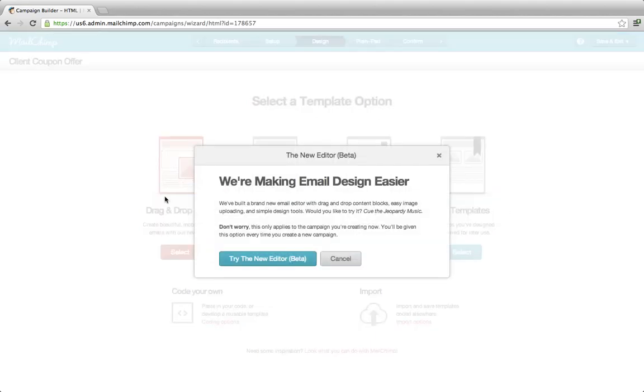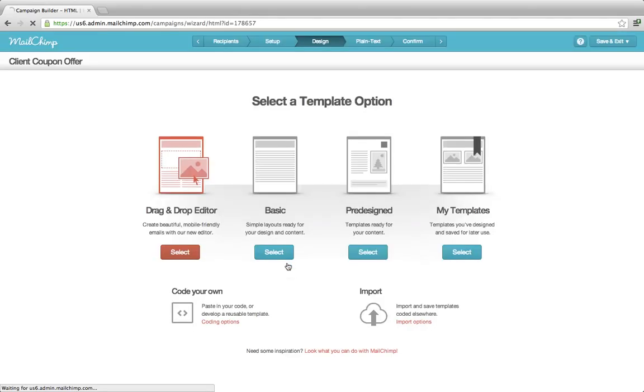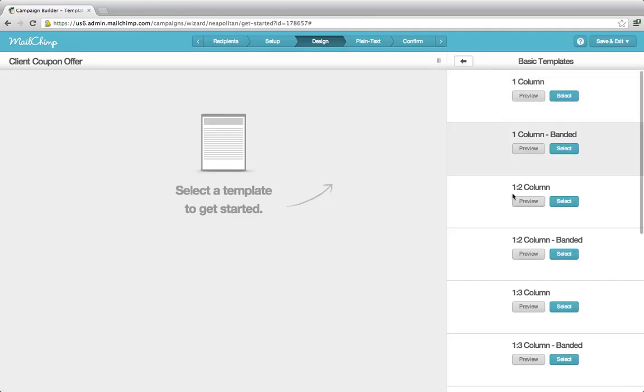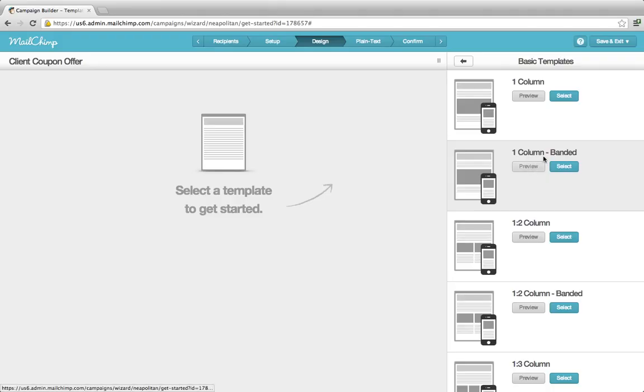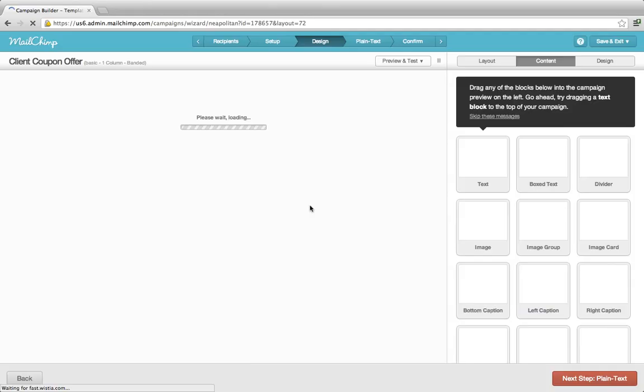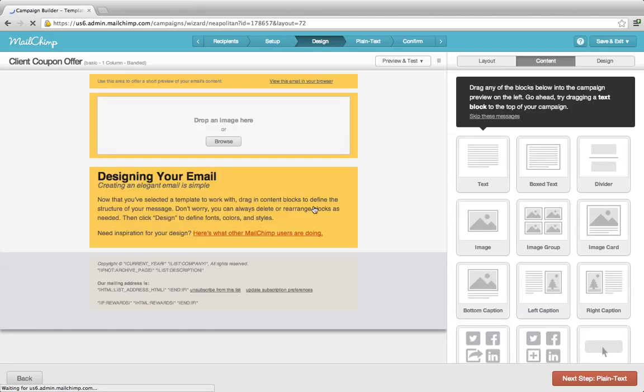You can create your own template, or you can use some of the pre-designed ones. Let's say the drag and drop. I'm going to just show you how to use the drag and drop. It's a very simple and easy to use tool. So you basically first select the template type. Let's say I want one column banded. You can have two columns, three columns. There's a lot of different options. So while this loads,